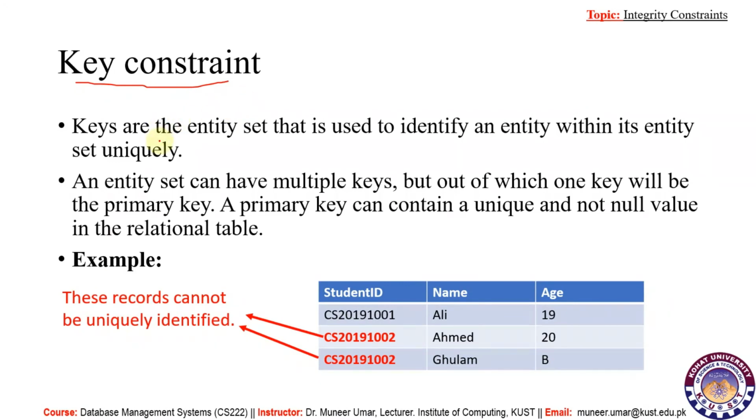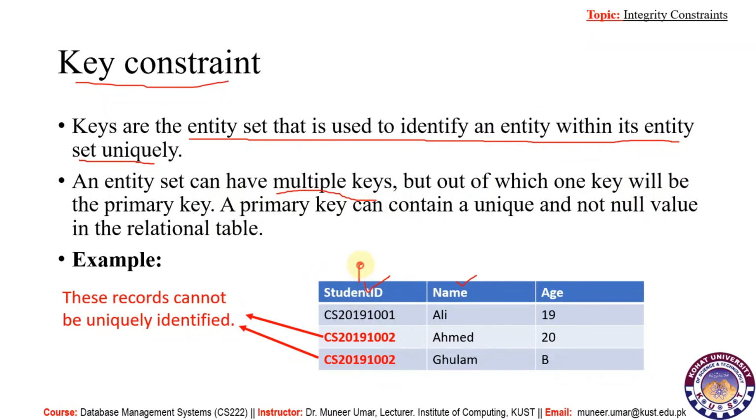Keys are the entity set that is used to identify an entity within its entity set uniquely. The entity set can have multiple keys, like here we can also use, let's say, name as a key, but out of which one key will be the primary key.